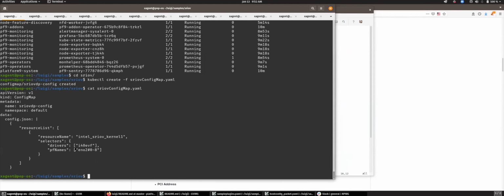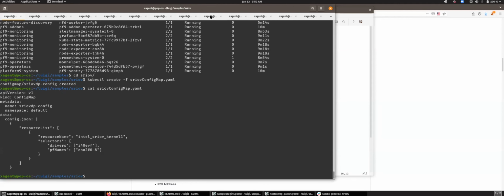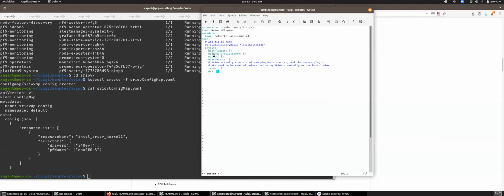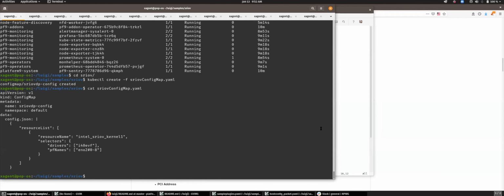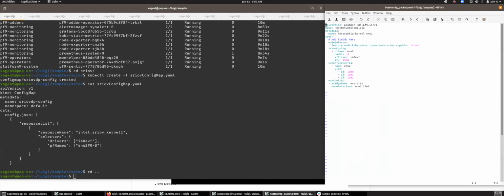But let's say I've done that. So this still doesn't create the virtual functions, right? So I was going to demonstrate what the host would be doing to create those virtual functions. Let me create it now. I believe I have this example here.